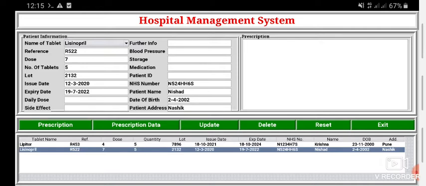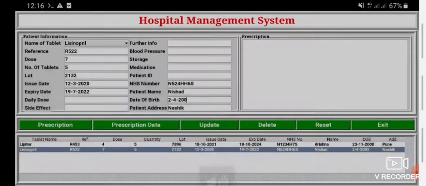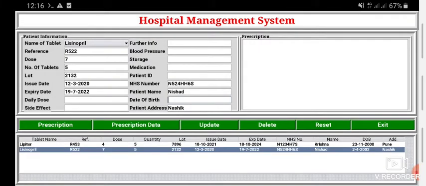So if we want to update anything, let's say he has to change his birth date. Now it's 2/4/2002, but his original birth date is 2/4/2001.